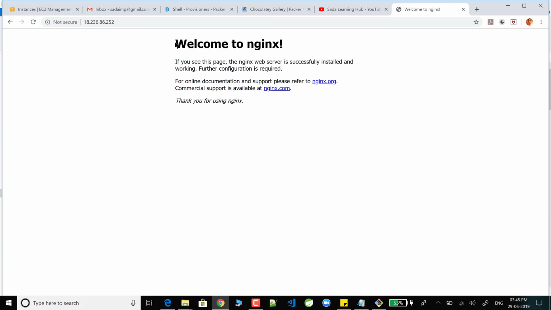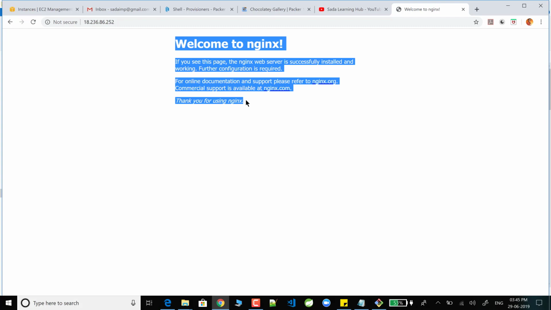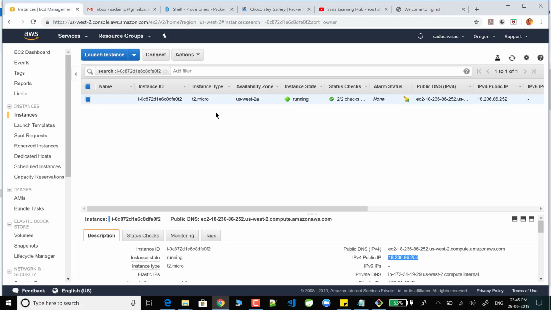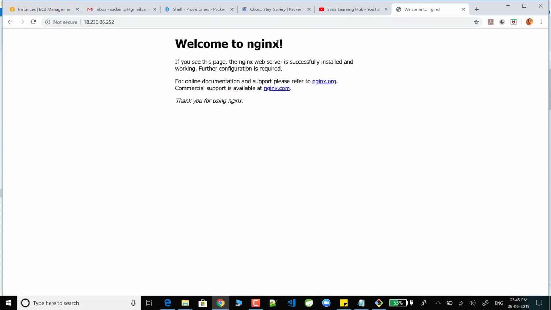I installed Nginx into my machine successfully. I can access my Nginx server. This is my Nginx server.